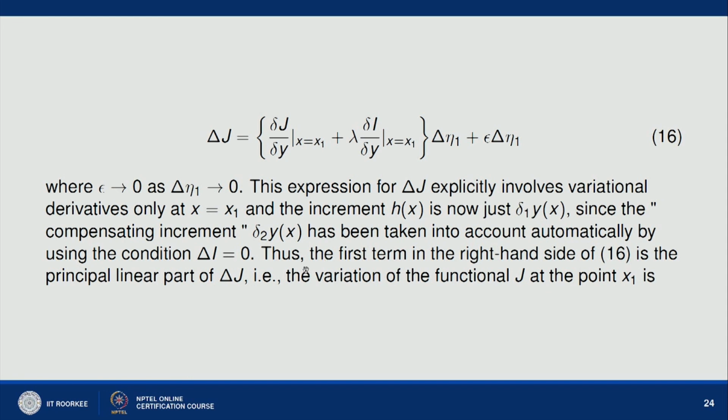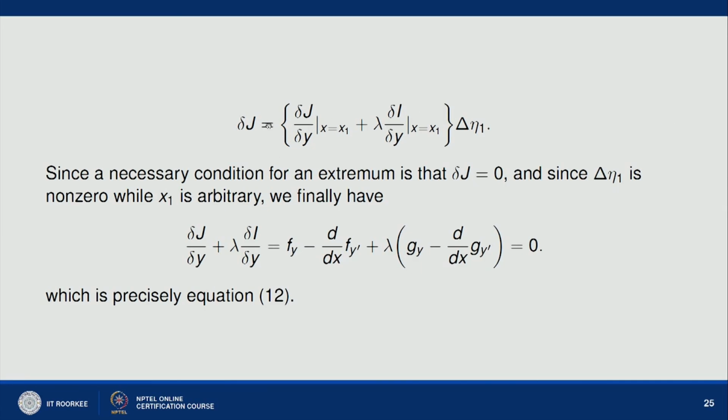So it means that the first term on the right hand side of this equation 16 is the principal linear part of delta j. Now, this term is tending to 0 as delta eta 1 is tending to 0. So this will give you the variation of the functional j, and delta j is equal to this quantity. Now, we know that the necessary condition for an extremum is that your variation is equal to 0. Here delta eta 1 is non-zero while x1 is arbitrary, so we can say that this is equal to 0 for all the points